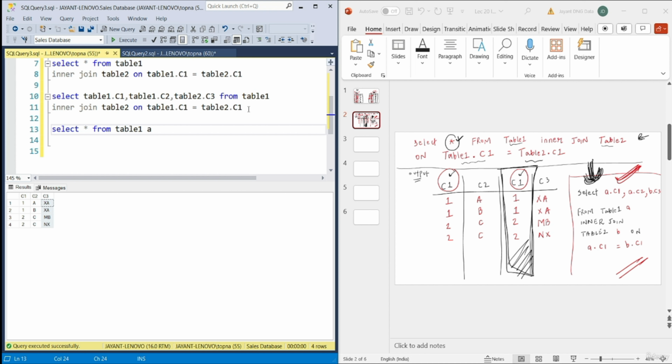Then we will write inner join table 2, and let's say we are giving table 2 the name B. So just after writing table 2, we can write B. So select star from table 1 A, inner join table 2 B. Then we have to provide the join predicate, so we write on. Now since table 1 will be referred to by A, we can write A dot column 1 is equal to B dot column 1. And if we now execute the statement written in line 13 and 14,